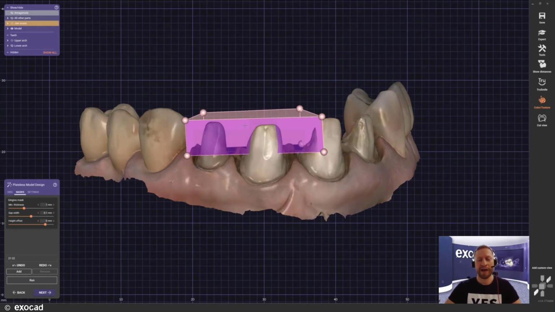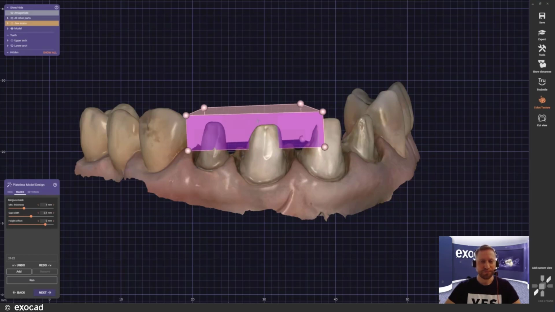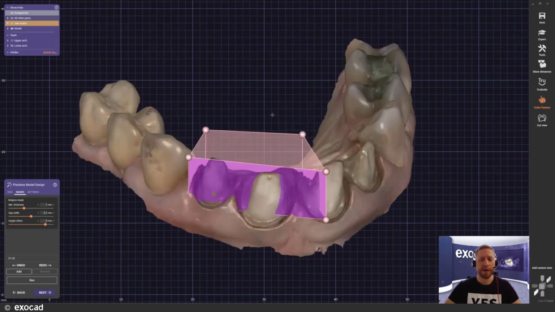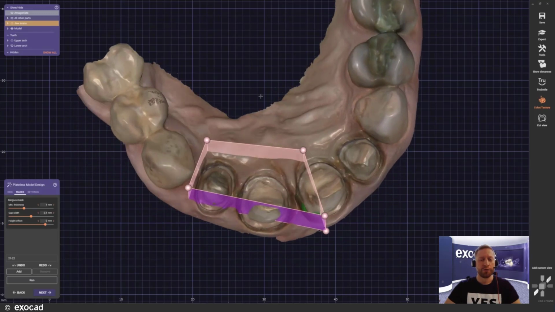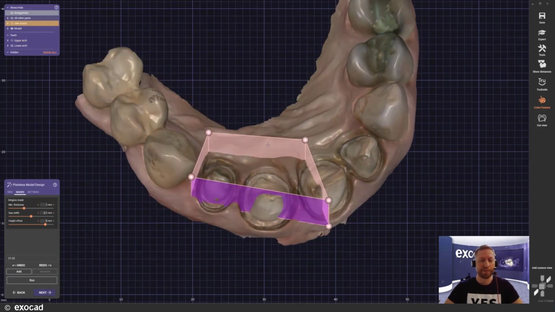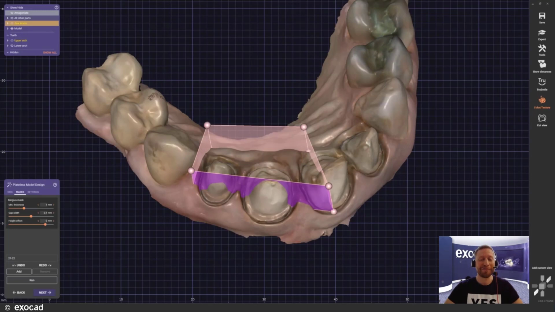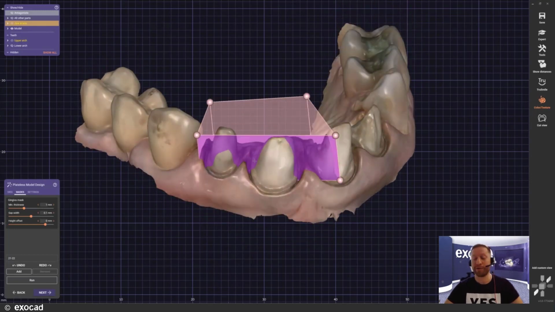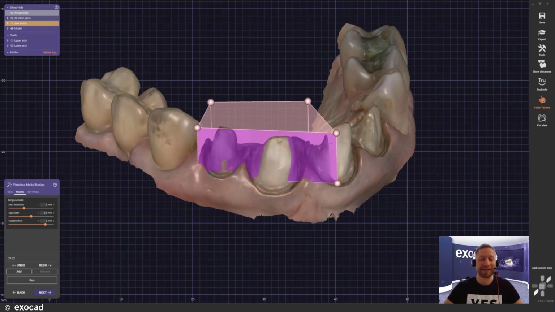I can either just grab it with my left mouse button and drag it around if I want to. I can also use the control button, hold it, and then prolong the entire cube. Or I can use, for example, shift and control. So it's still very early in the morning. Shift and control and the left mouse button, and then I can tilt it as much as I want to in any direction. If I just use control, I can also rotate it. That's a very, very nice feature.